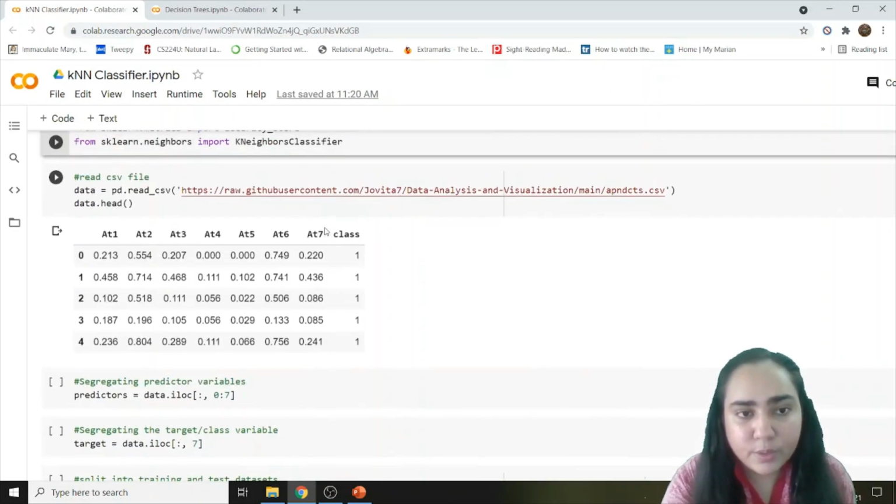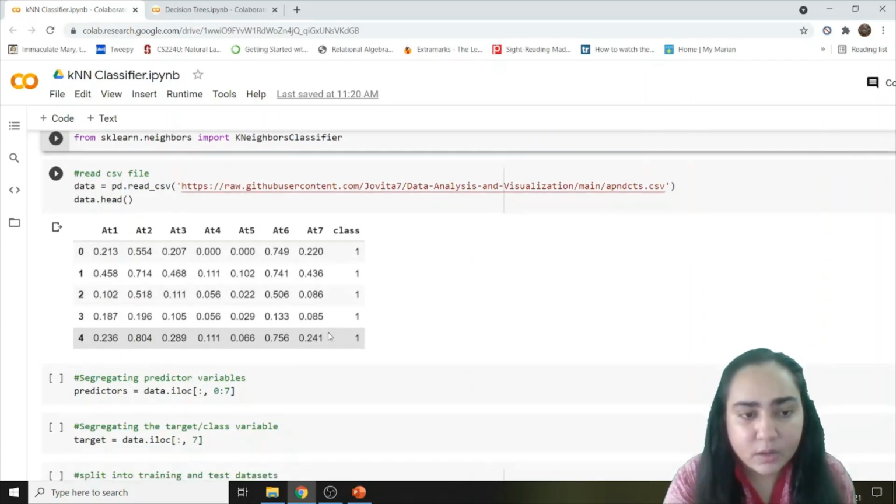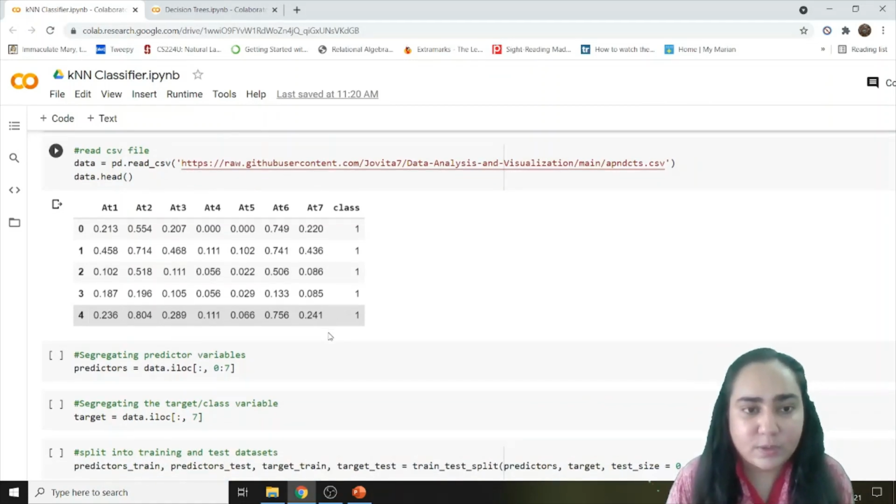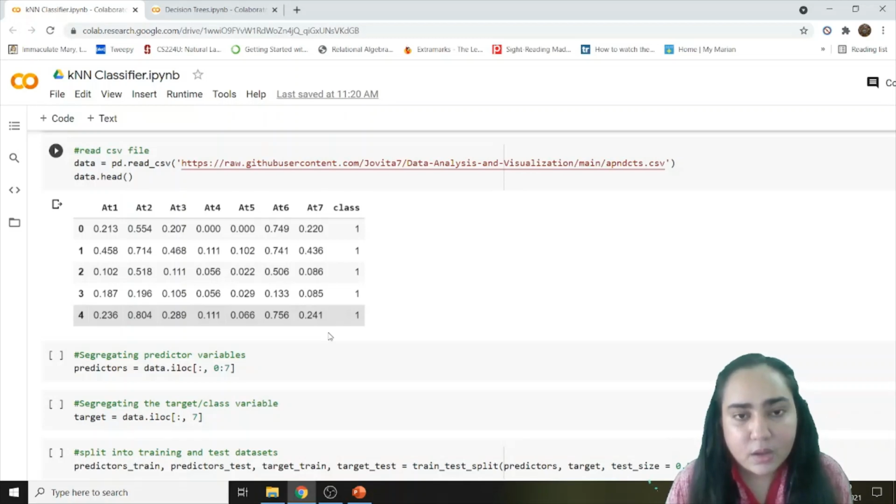Next, we will open our CSV file, which is available at this link. You can use this link to get access to the file. And let's print out the first five rows of our CSV file, and they will look like this. So these are the first 5 rows. Basically this data set is just about certain attributes. Their values are given. It's just an anonymous data set that does not specify what it is about. It just shows 7 attributes with different values, and you have to give the class. So class can be either 1 or 0 based on these attributes.